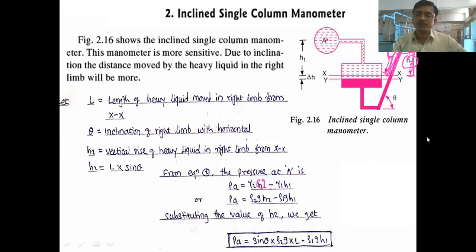So what can be done here, and we are measuring here L. So instead of H, by using trigonometry, we can convert this H2 in terms of L. How we can do that? If you draw here the diagram like this, it will become a triangle. This is the angle theta. This is the height H2. This is the L, right? So what is sin theta here? Sin theta is H2 upon L. H2 upon L. So therefore H2 is equal to L into sin theta.